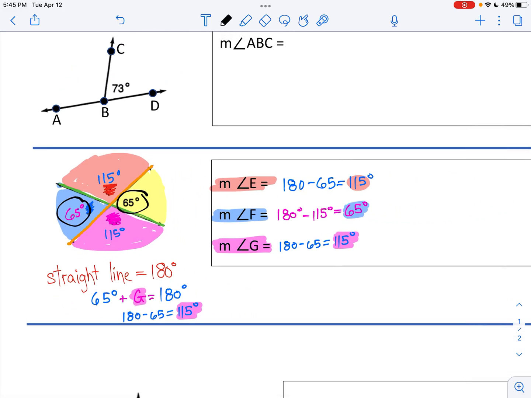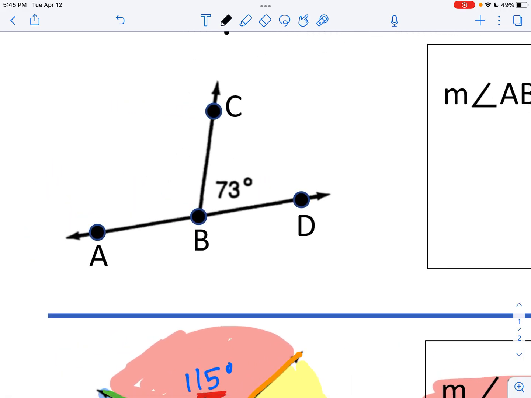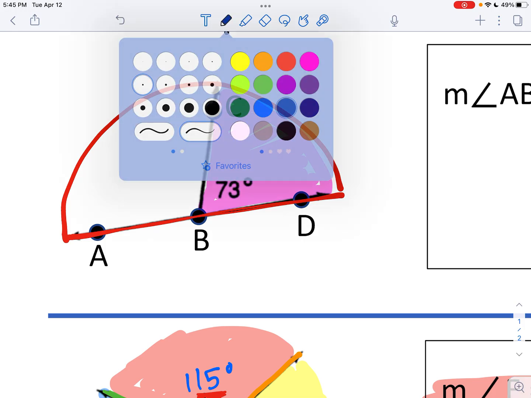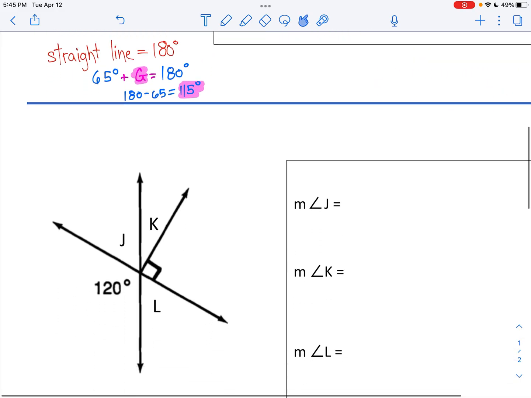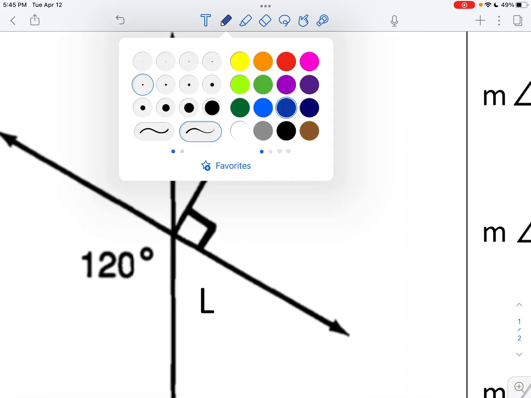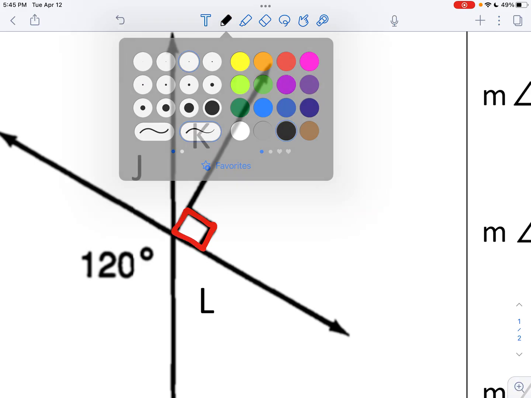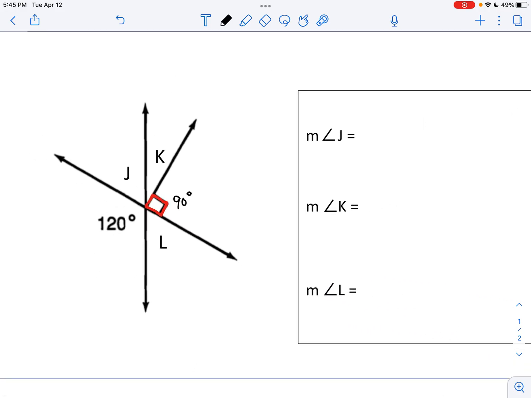Okay, so to get you a little bit of help with number 1, here's a straight line. And when I connect the sides, I can see inside is 73 degrees. So that means 73 plus something over here, question mark, gets you to 180. And then for problem number 3, a big piece of help for this one is this symbol here. It's a little square. Remember when you have a square in a corner? That's like having the number 90 degrees, right? There's lots of straight lines in this picture. Do your best on problem number 3,